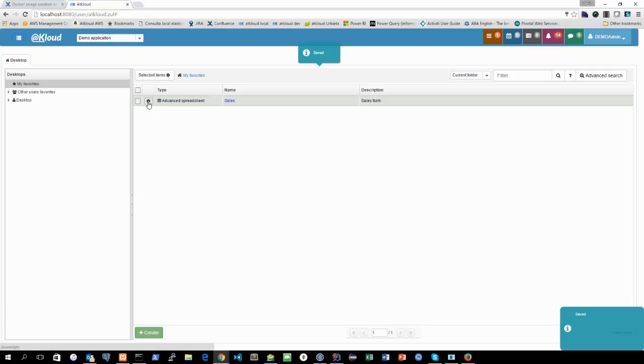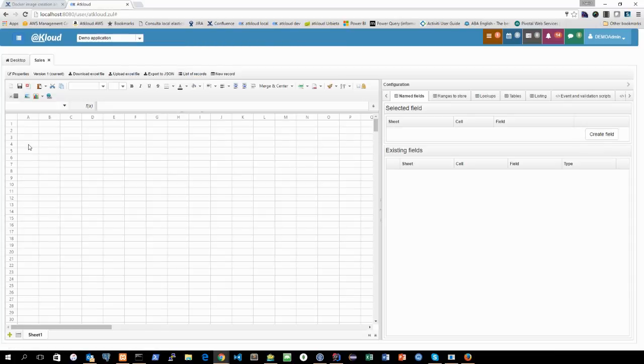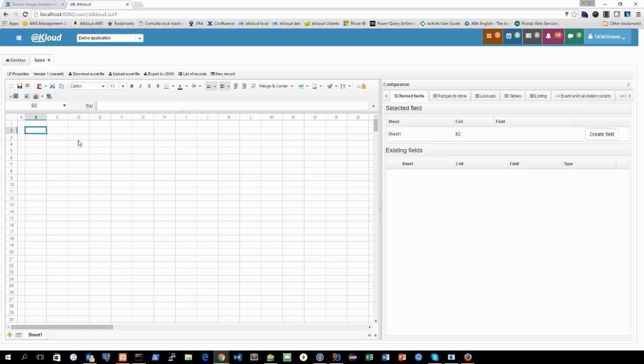It will be a very simple form. Let's open the design page and create some fields here in order to insert information. The ID, name, for instance, city, date, and then